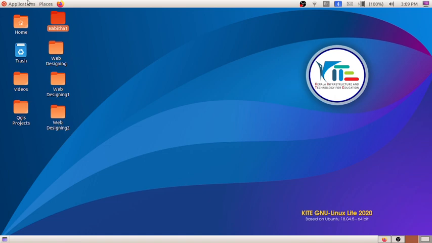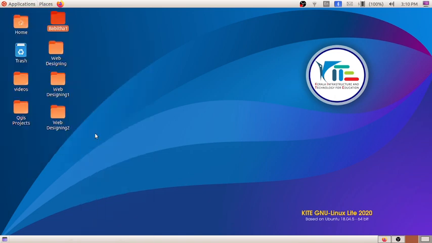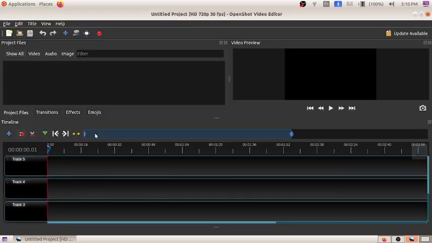We can open OpenShot video editor software like application, sound and video, OpenShot video editor. So this is our video editing software. So first we will be studying about the software. So before